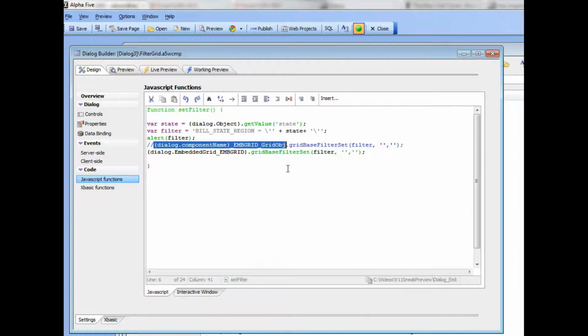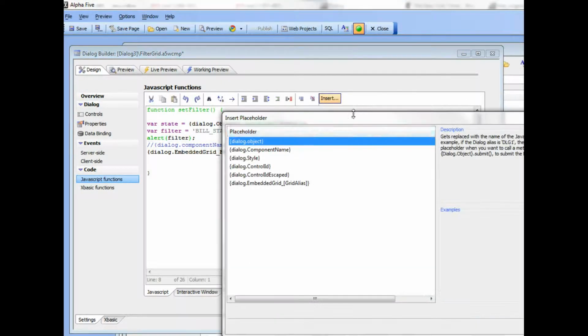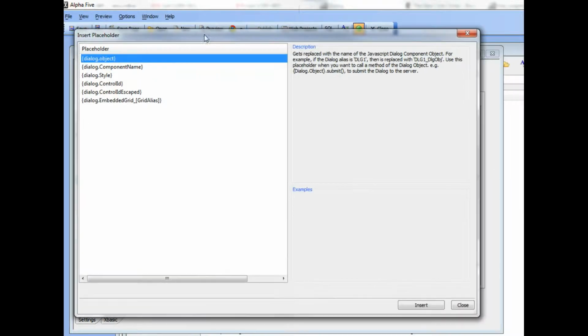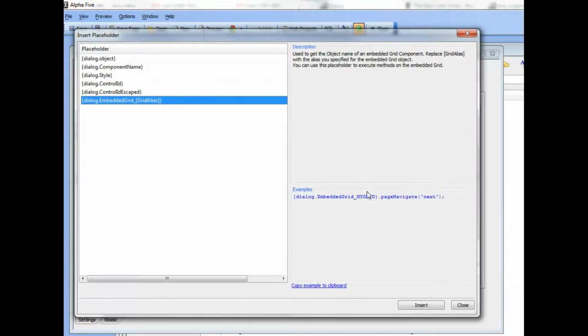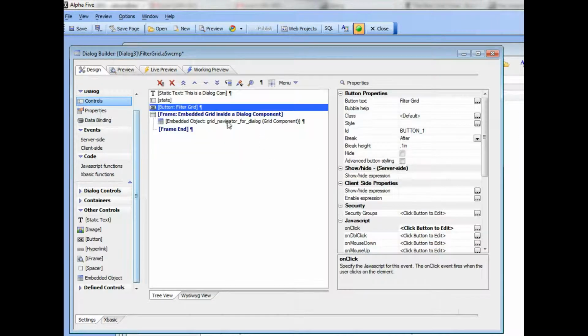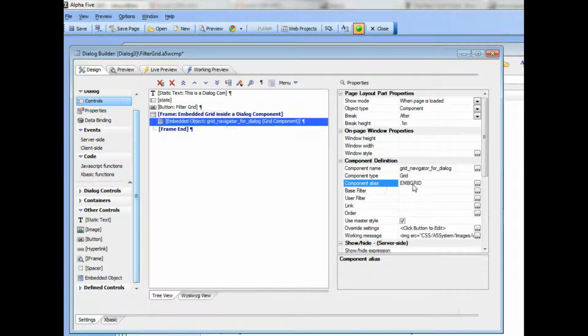But since that's tedious to remember, what we can do over here is just simply go to Insert and then choose Placeholders, and in the list of placeholders we see that there's a placeholder there for dialog.embeddedGrid, and then you can see square brackets grid alias, which would of course be replaced by the real alias of the dialog. So in this case that alias was EMB grid, which you can see clearly matches over here the component alias